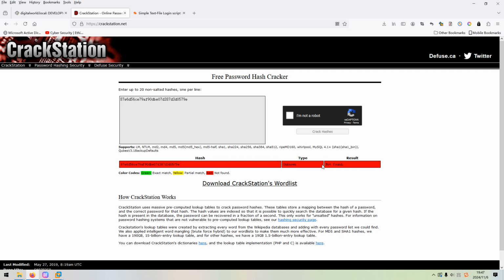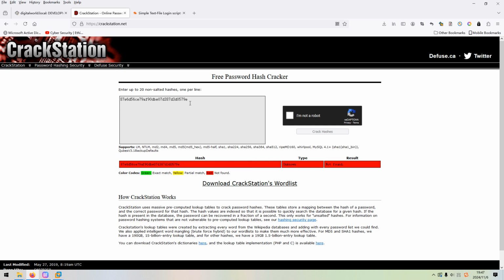However, not found. So before we go ahead, I'd like to say that some people use an online website service like CrackStation to decrypt this hash value.